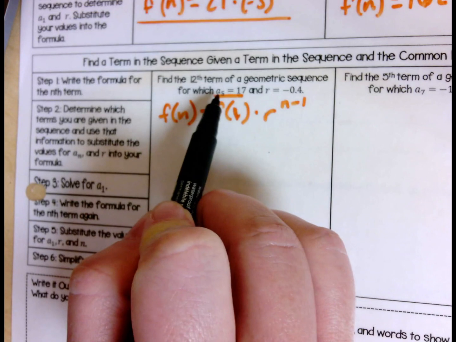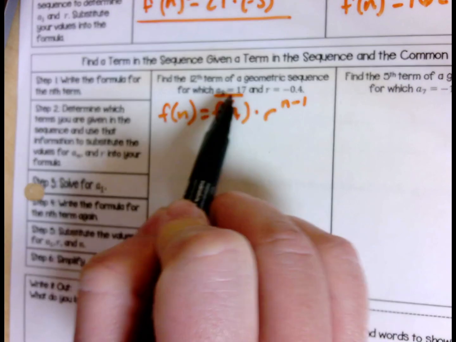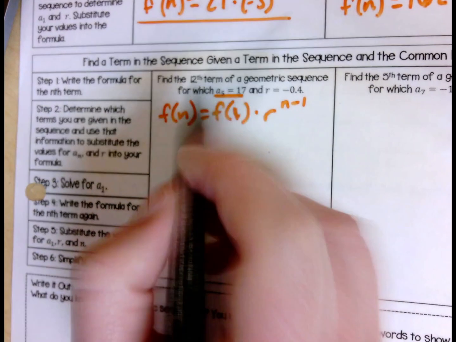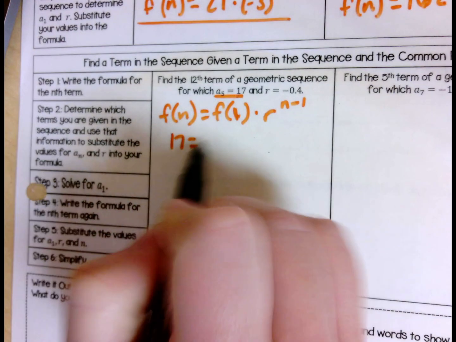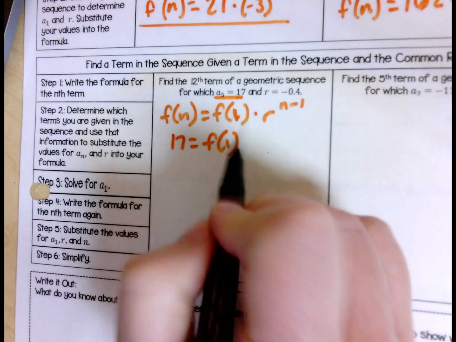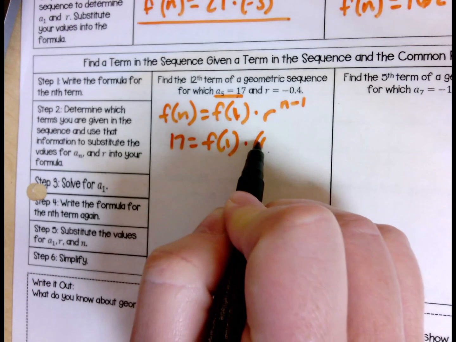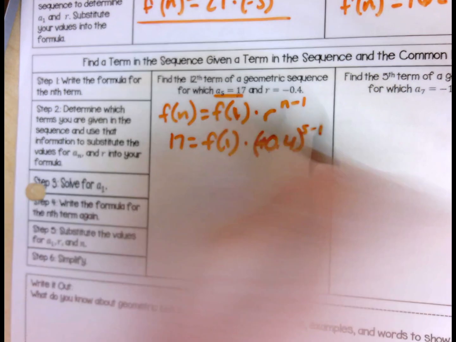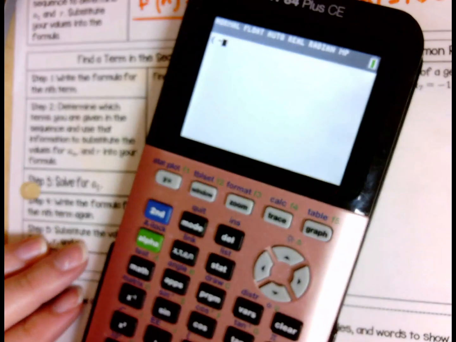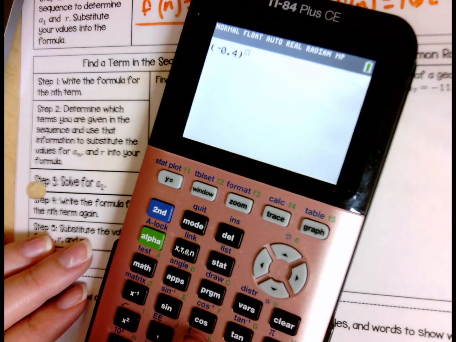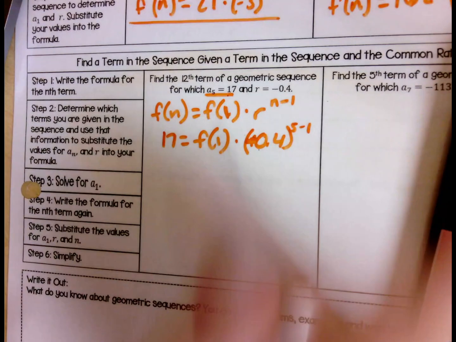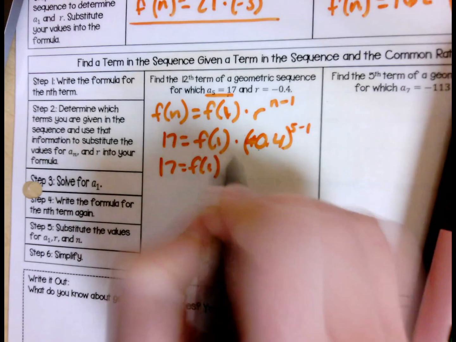So I can replace the n with 5, and the f of n with 17, because 17 is the term and 5 is the position. So that's what I'm going to do. I'm going to replace this with 17. I'm going to leave f of 1 times the ratio, which is negative 0.4. It's a negative, raised to the 5 minus 1. And so then I'm going to go ahead and work out this negative 0.4 raised to the 5 minus 1. All right, and we get 0.0256. So 17 is equal to f of 1 times